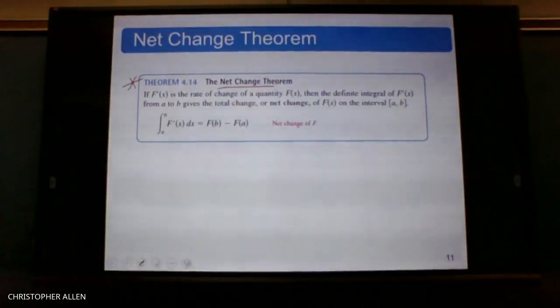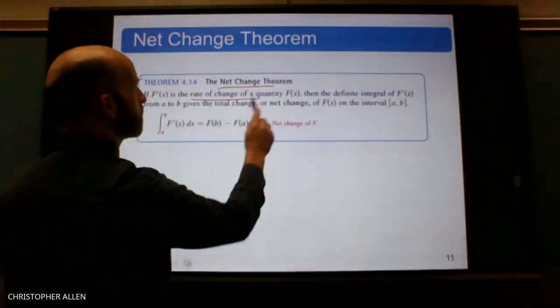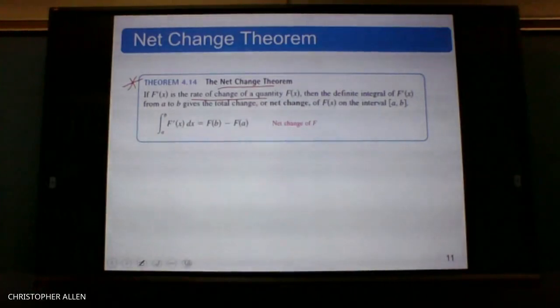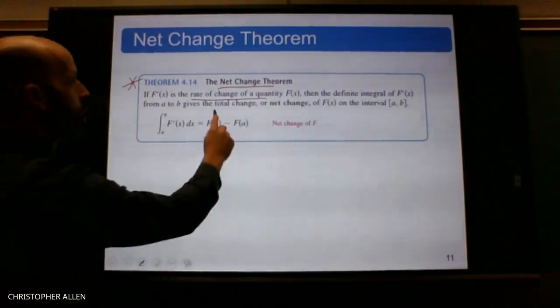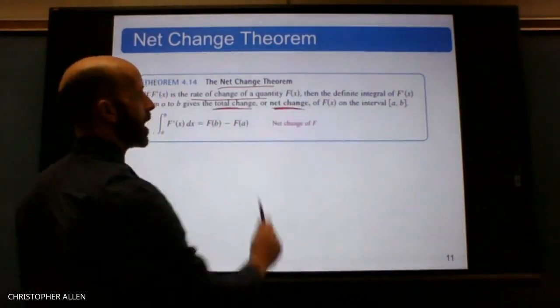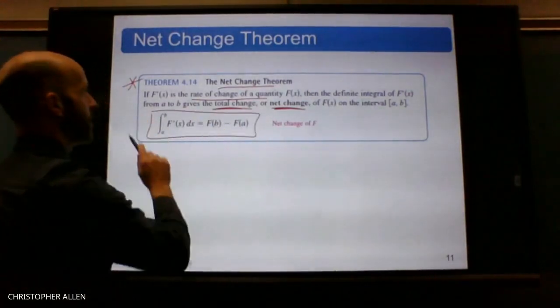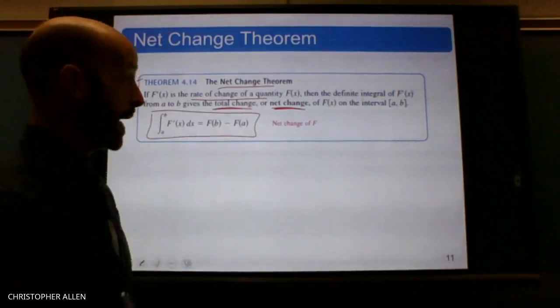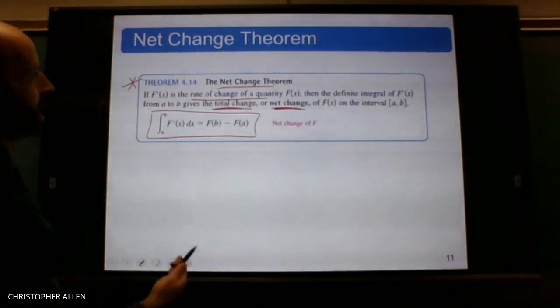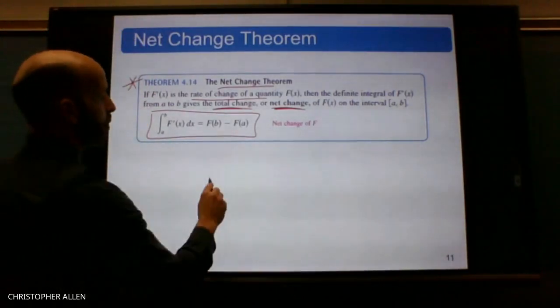And it says if f prime of x is the rate of change of a quantity, capital F, then the definite integral of f prime from a to b gives us the total change or the net change. And you might say, well, wait a minute, Mr. Allen, this just pretty much looks like the fundamental theorem of calculus part 1. It is. What this is telling us now, though, is we're going to be able to use this on